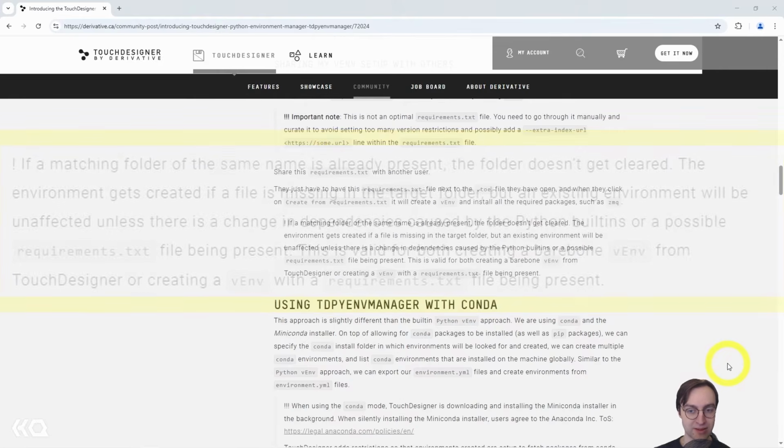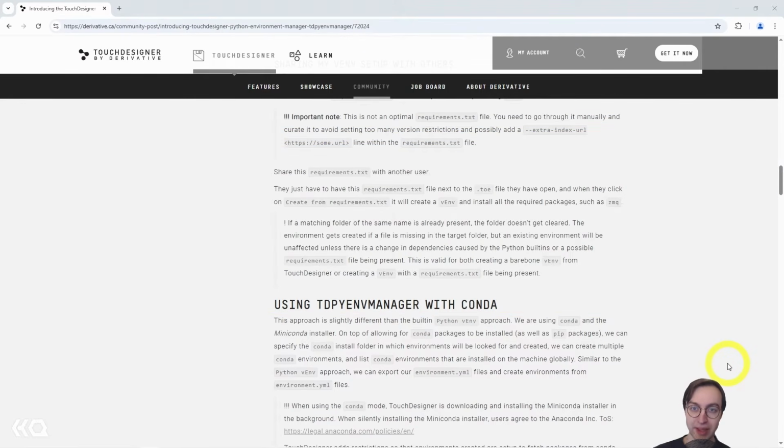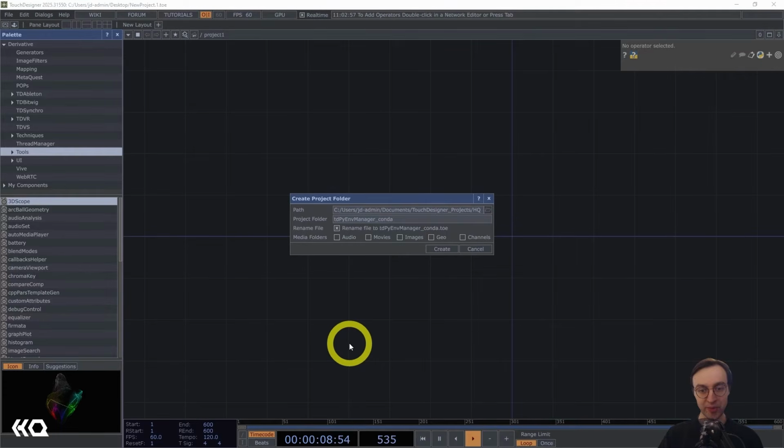Note that this is true for the Python virtual environment that we're setting up now, but is not true of the Conda environment that we'll be setting up later. At that point in the video, we'll cover what happens when you run into the same situation but are using a Conda environment instead. In this next example, we're going to have a look at setting up a Conda virtual